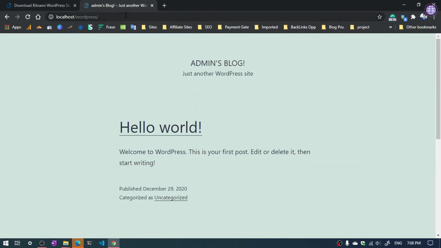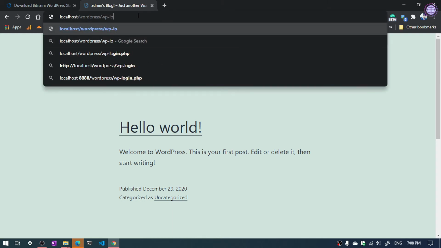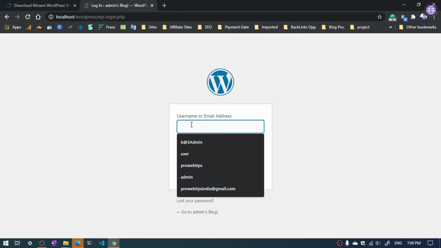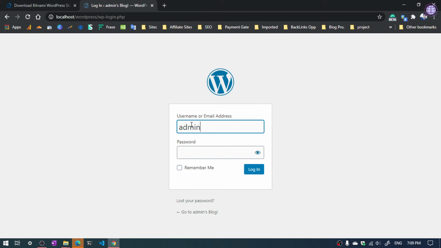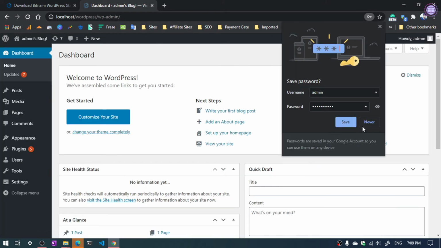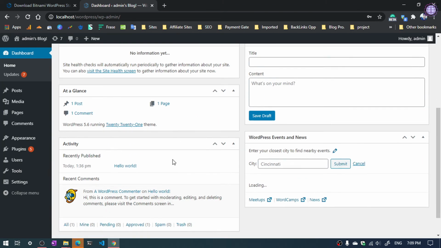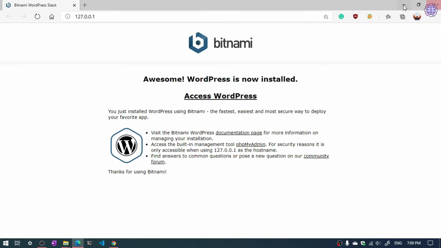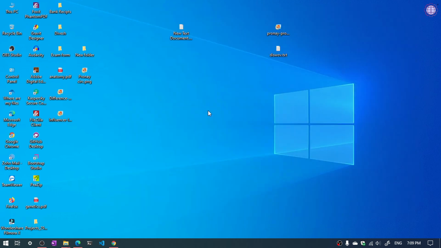Now you want to log in, so you should type wp-login.php and hit enter. Now enter the username and the password. Okay, now we are in the dashboard of WordPress, and if you want to modify your Apache server or database,